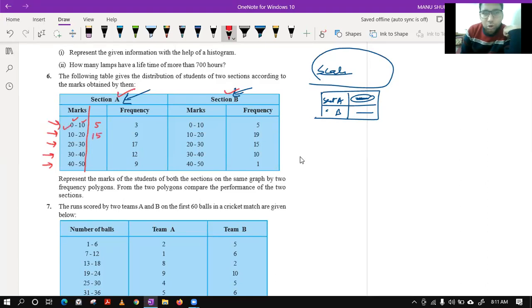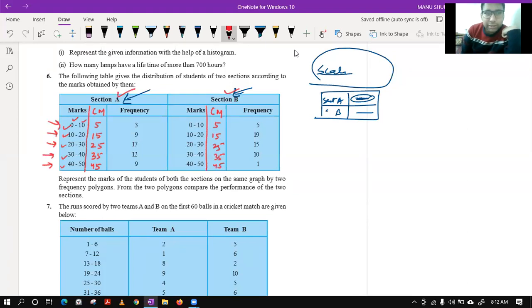We have got that all the intervals are having width of 10. So the same will be followed in the case of class marks. So 5, 15. The next one will be 25, then 35, then 45. This way we can get the class marks. Similarly, here also we can get it: 5, 15, 25, 35 and 45. So they both are having the same points.